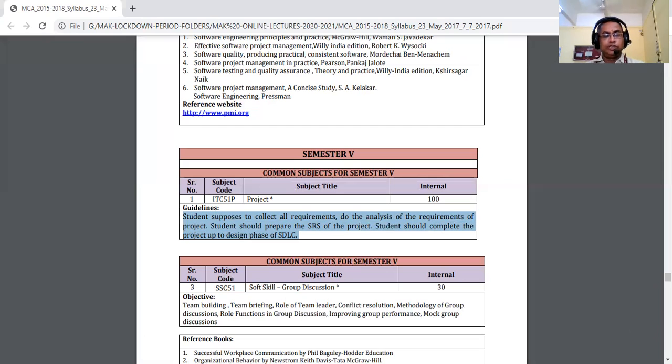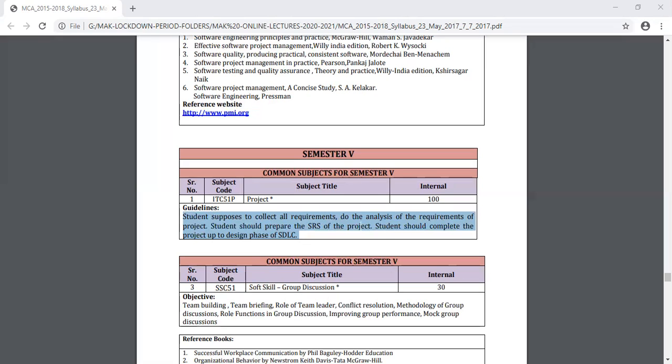Accordingly you have to comply with the project requirement, the requirement analysis, then the feasibility study with respect to the SDLC life cycle, then the design phase of that particular project, that might be any IoT or whatever the requirements. You do not have to do the coding or implementation; that is not expected at this level. But as I have been telling you, you should be able to extend the same project at your